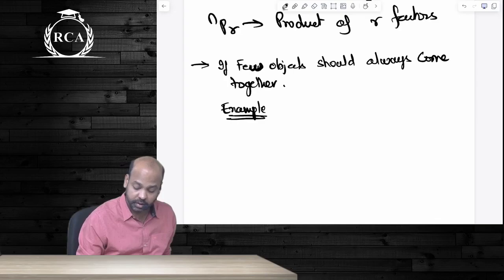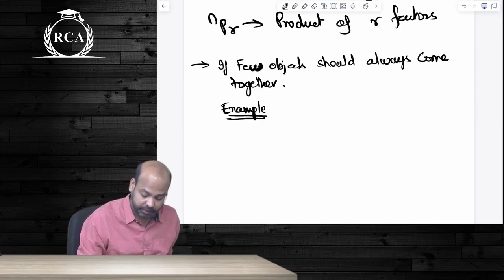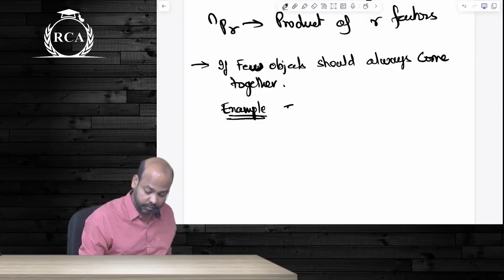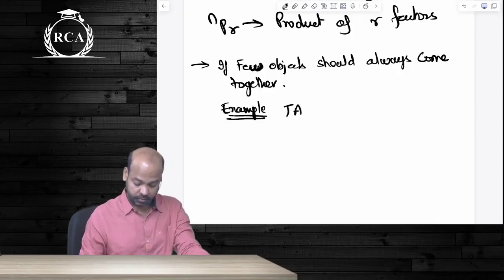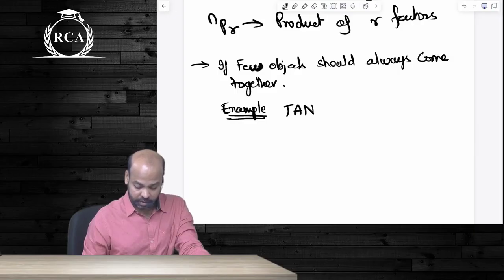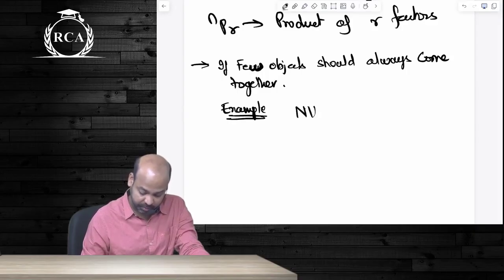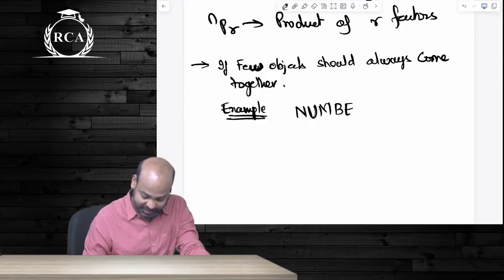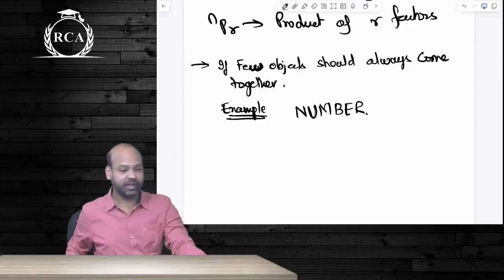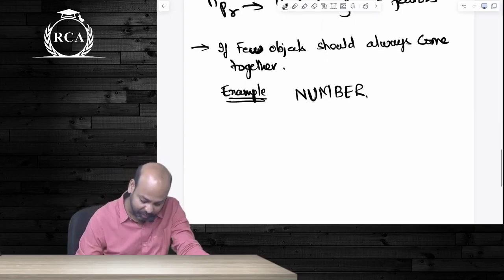So for example, say if I have, what should I write? I was about to write one, but it has repetition. Give me some word, but without repetition. What is it? I can't even remember. Yes, number. Forget it. So if this is a word, number, and they tell us that all the vowels should come together, what will you do?